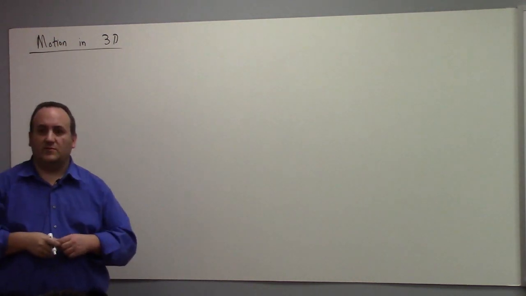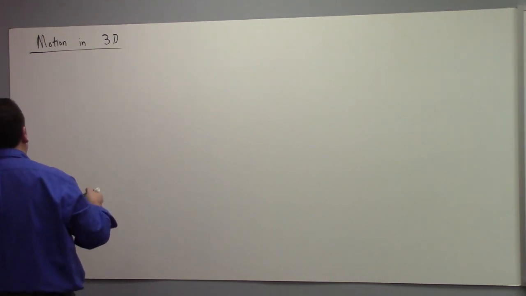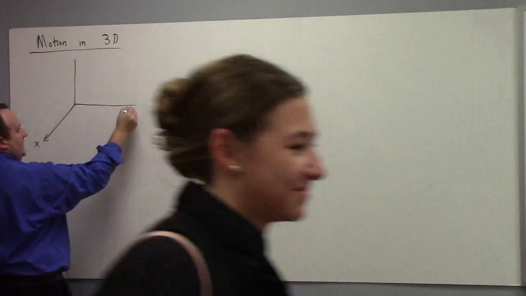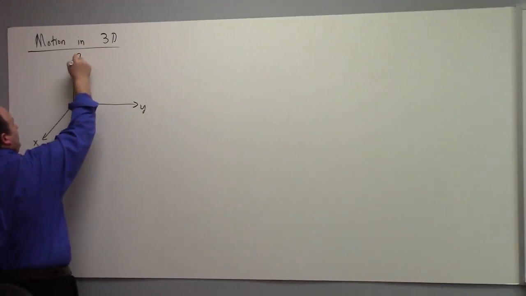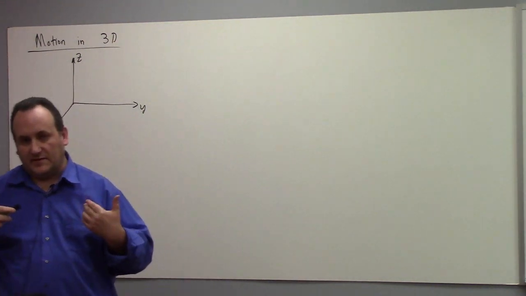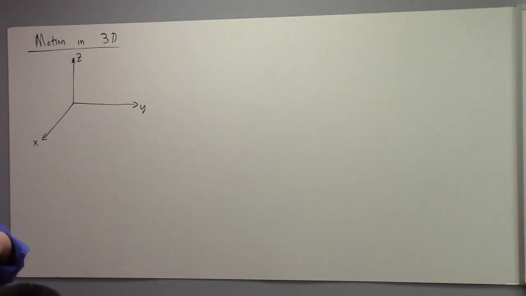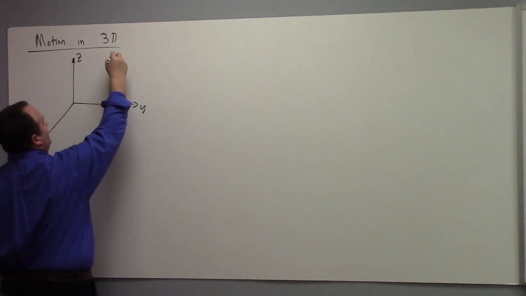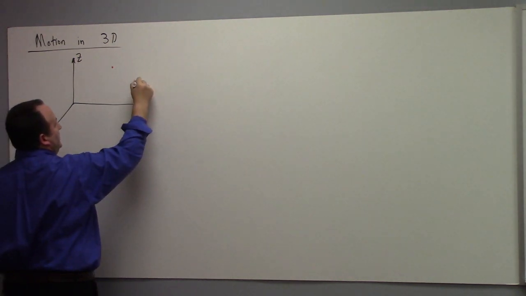basically you need to use vectors to describe motion in 3D, right? So the essential idea is you've got some coordinate system, and how you set that up, well, that's your business. But you have some origin and you can measure distance in 2 different directions and then a vertical direction, 3 perpendicular directions, yeah? And